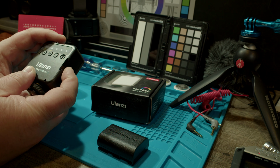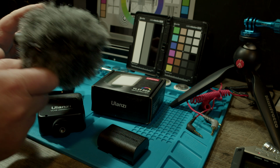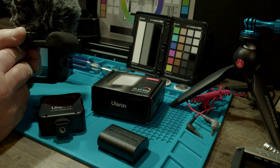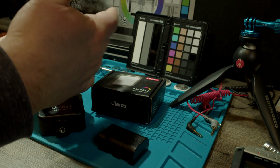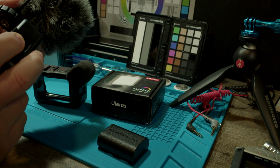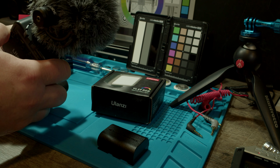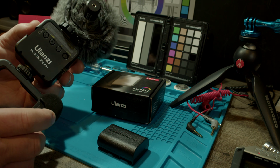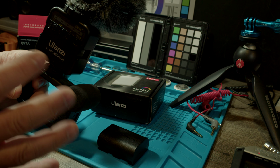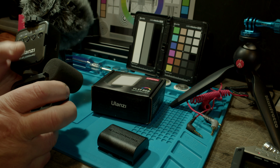It has more hot shoes on here, so if, for example, you look at situations where you have this external video mic on here, and I think everybody knows that when you have it on your camera and you film and move around because of the image stabilization, sometimes this fur is in your picture. And it's inconvenient, but what you can do is mount the microphone to your light, and then the light to your media mod. Now it becomes a very tall situation, but this fur here will never be in the way of your lens, of the GoPro wide angle lens. Even Super View, all those things you do, it won't be in here. So that's pretty neat. You can also connect this to the side over here,